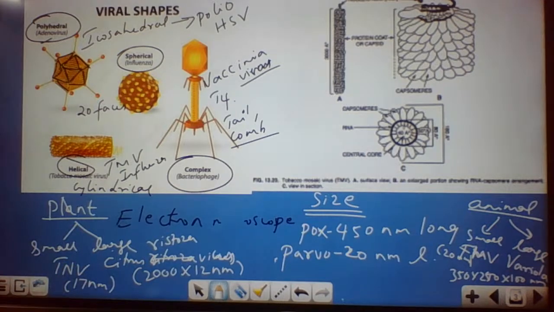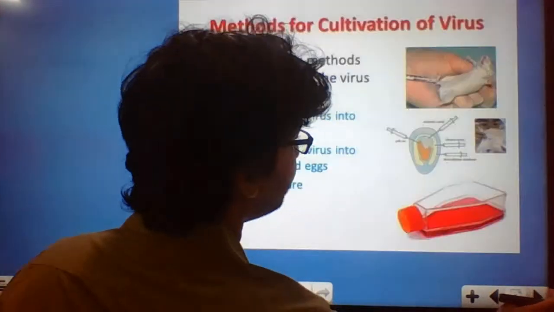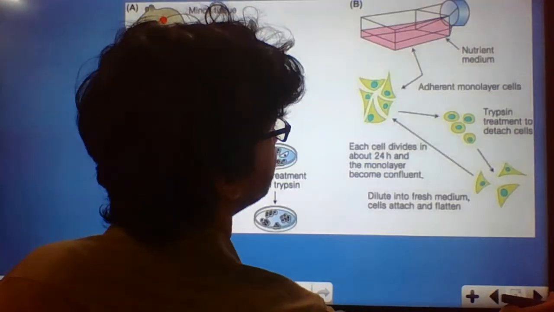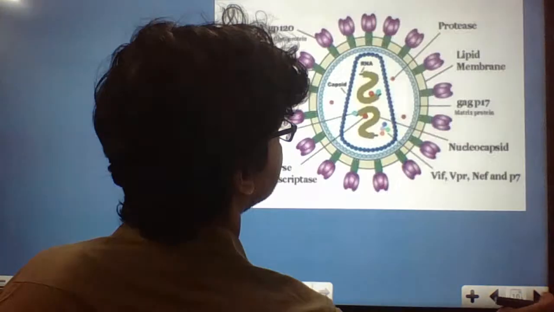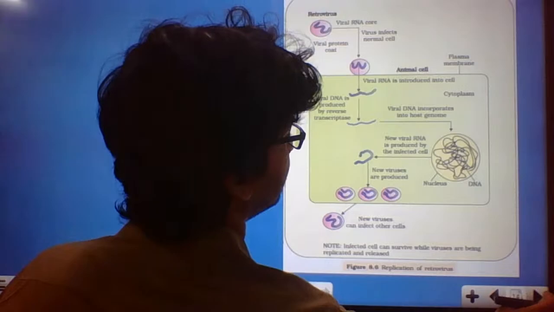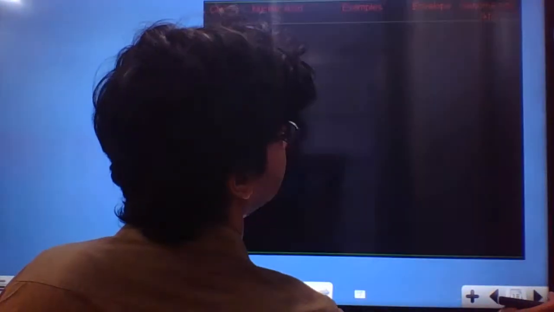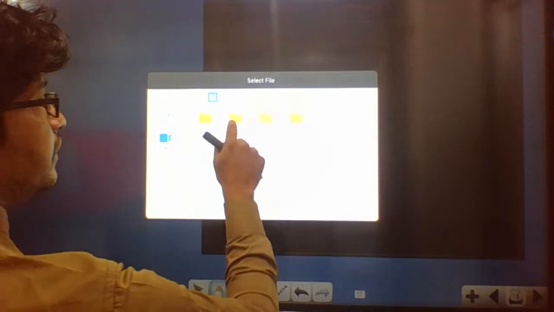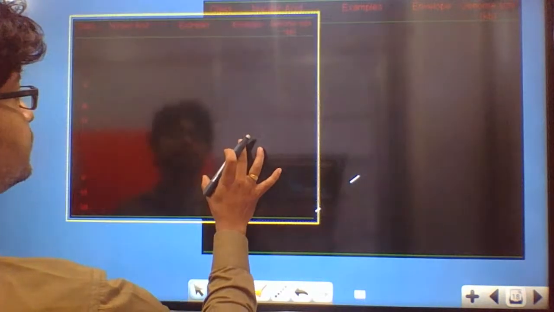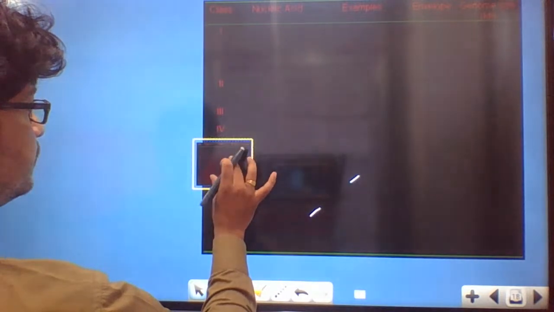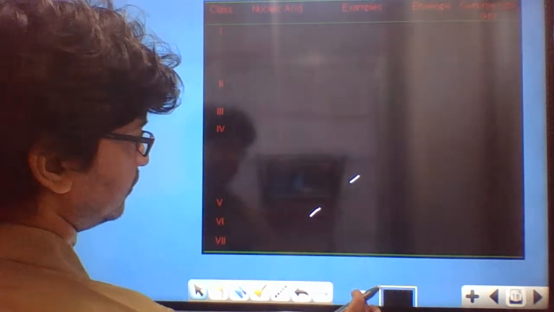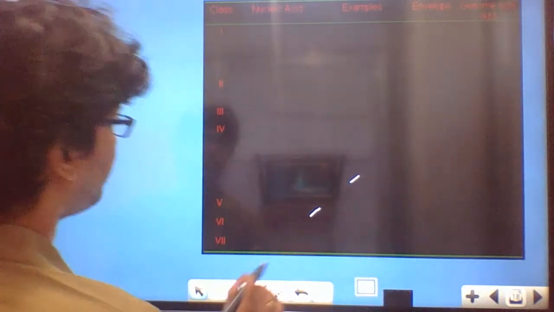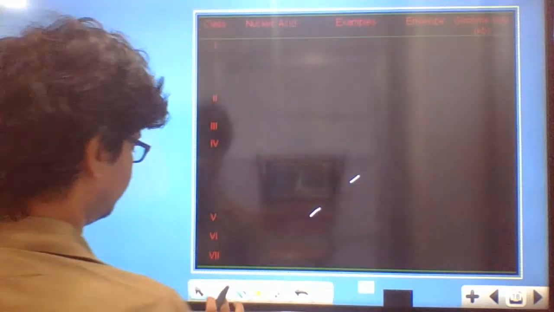Now we move on to the classification. As far as the classification of virus is concerned, can someone tell me who proposed the classification of virus? Who gave the classification of virus? As far as classification of virus is concerned,